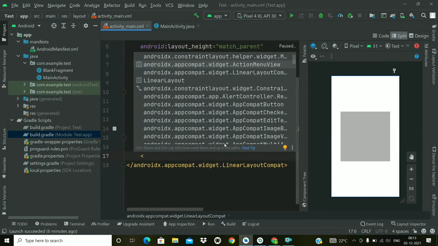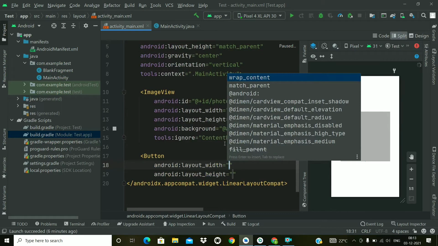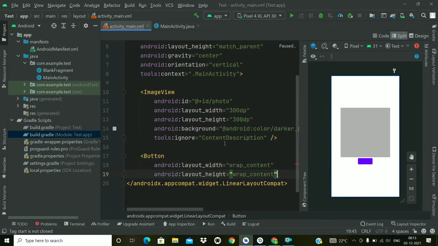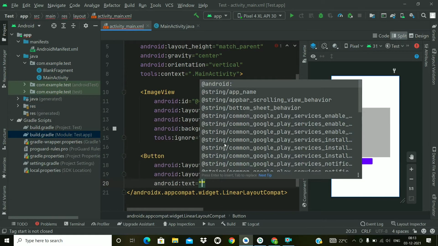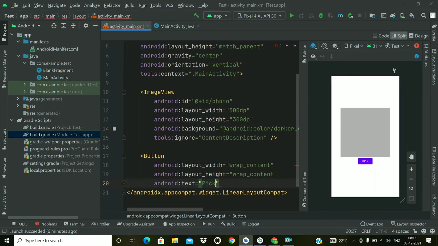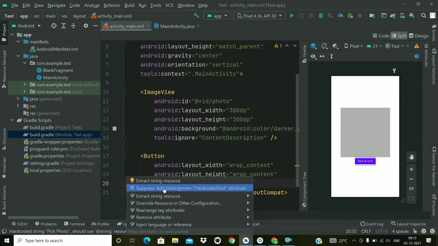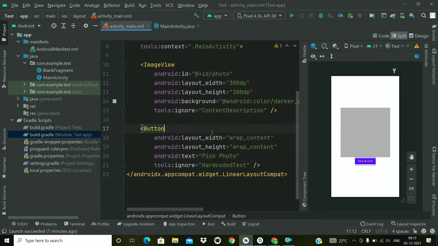Now we will add a button with height and width of wrap content and text as pick photo, and we will suppress this hard-coded string warning.